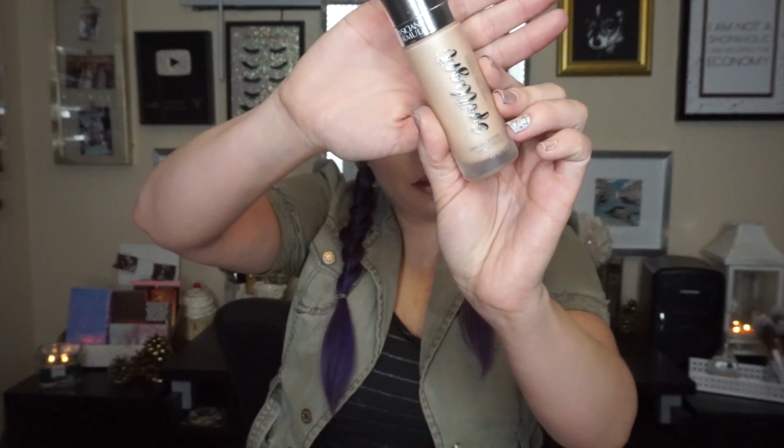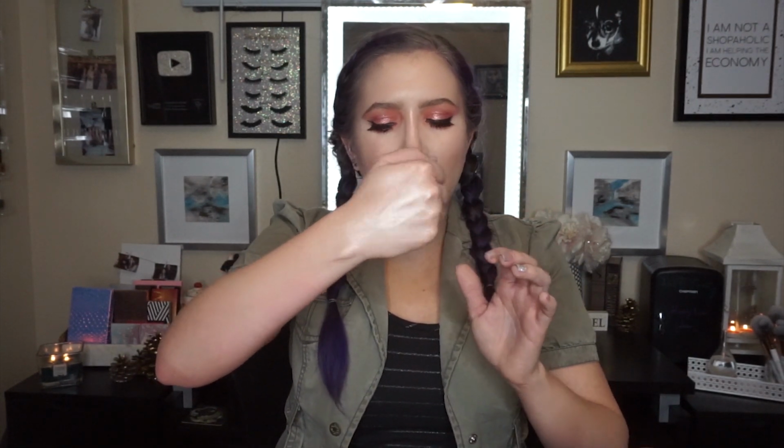So I have two favorites for primer for the face. My first one is the Physicians Formula Spotlight Primer, and this is an illuminating primer that is basically, I've heard, a dupe for the Becca Backlight Priming Filter, but it just really gives your skin this glow underneath your foundation, and it feels really, really nice, and I find it also fills in my fine lines just slightly, so I